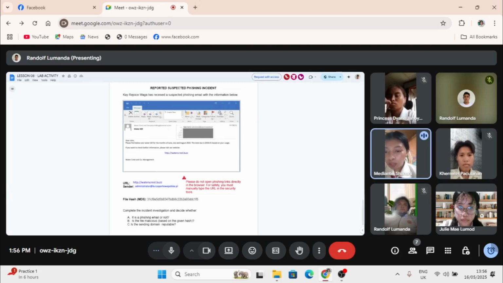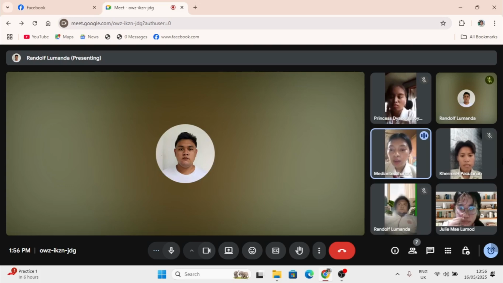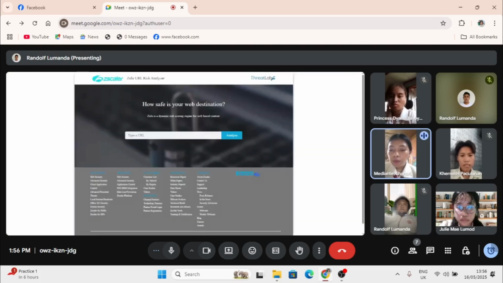We will use these tools: Zulu Zscaler and VirusTotal to check the URL, md5file.com and VirusTotal to check the file's hash, and Cisco Talos Intelligence to check the email sender's domain. We will show each step as we do it.